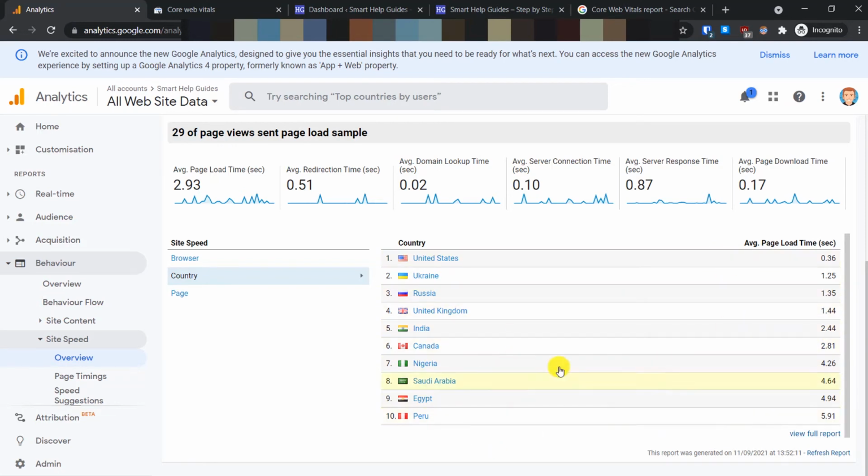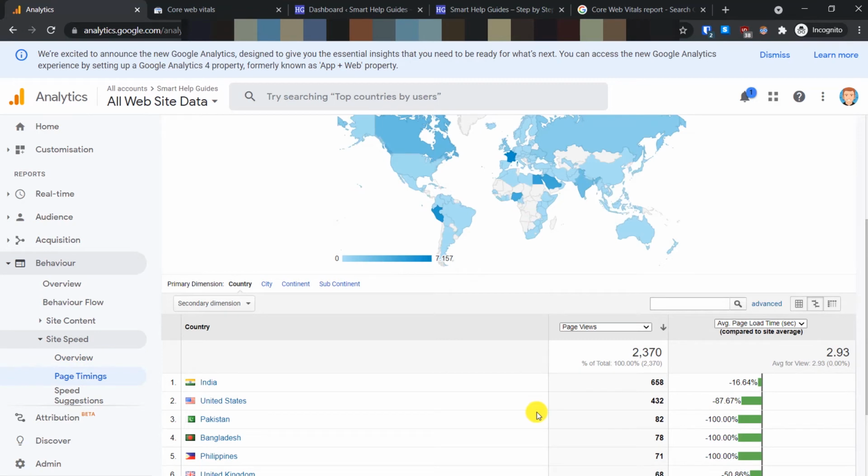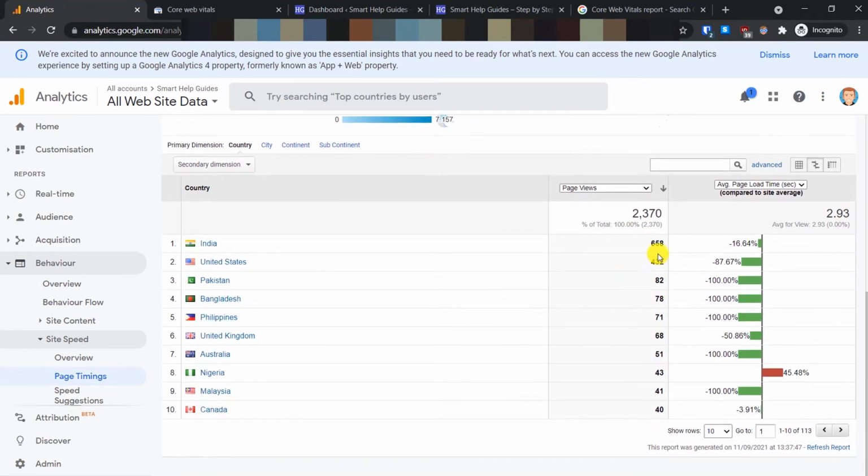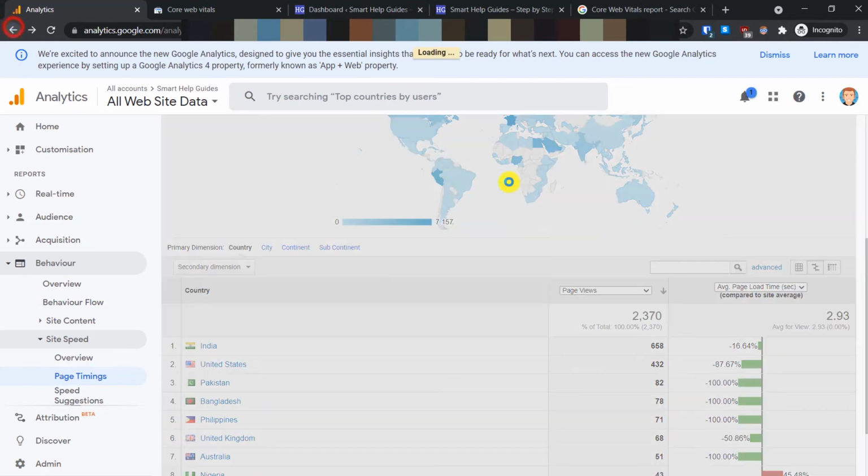And after that, the page load time increases, because fewer visitors are visiting from these countries, so the sample data is too small to accurately represent the average page load time. And if you see the full report, here you can also see the page views and all. So further you can investigate, you can see a lot more countries, and you can see which are causing trouble for you. So I will just go back,